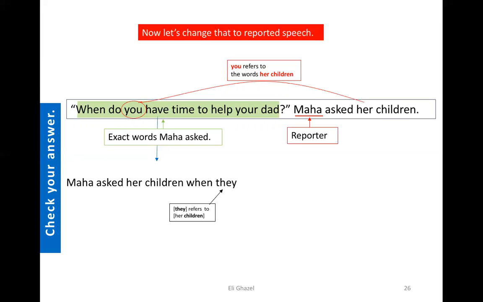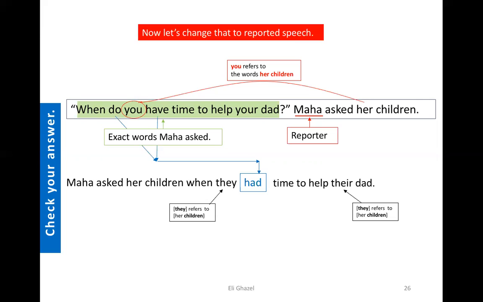And in this circumstance, her children is they. When we're not talking to her, we're talking about her children, then we are saying they. Now, have and do are present. But since we started with ask, we have to move it to the past, had. And had time to help. Notice we can't say your dad anymore because we're talking about the children's dad, and we need to say their